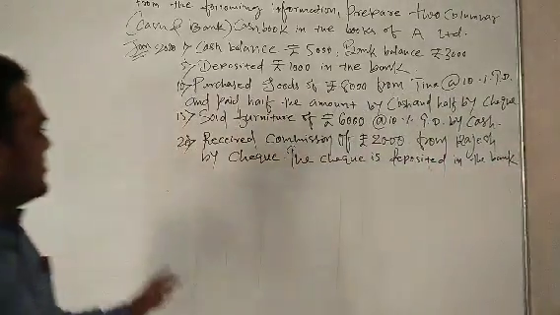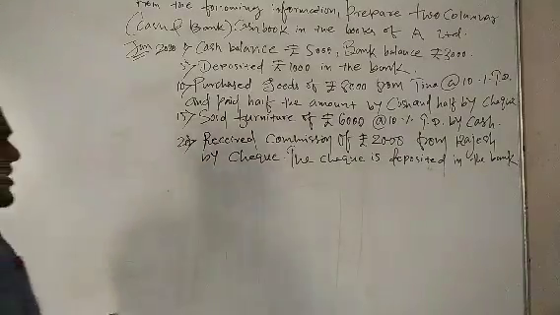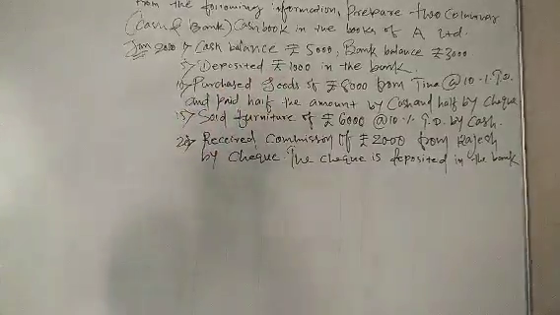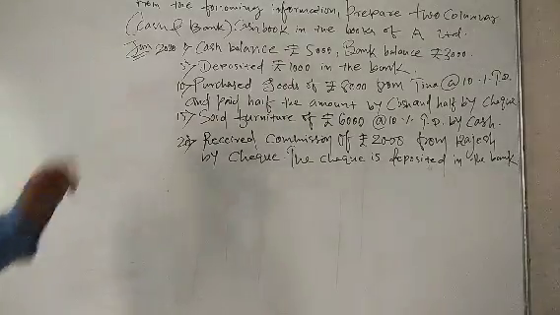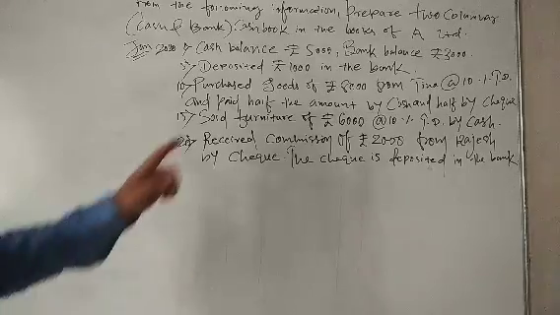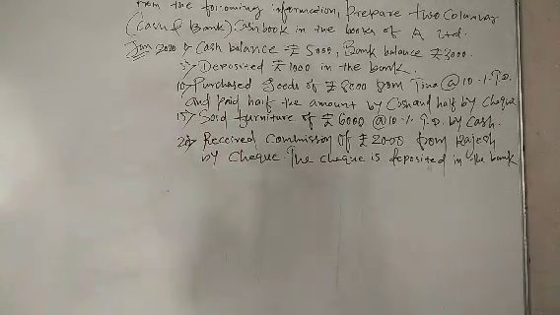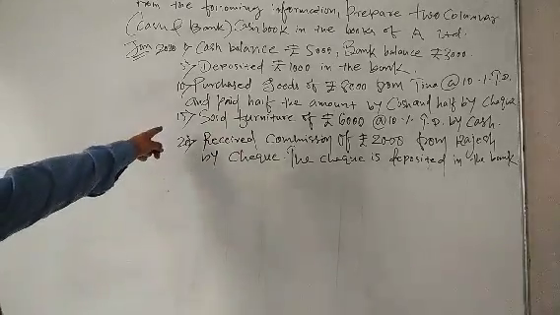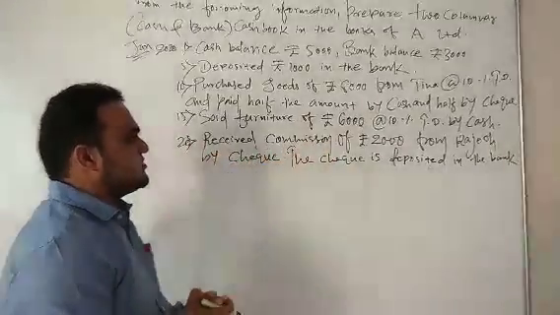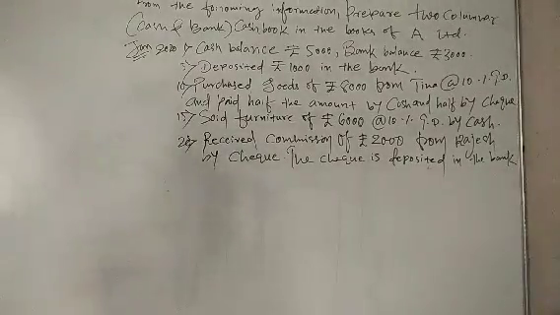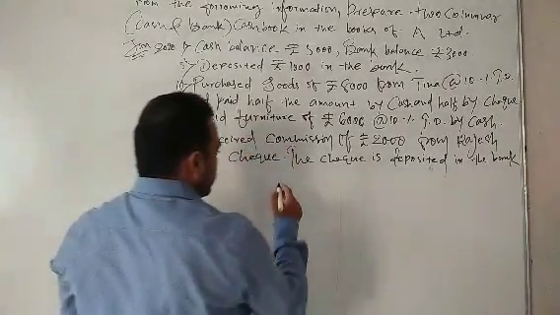Students, this is only the first sum, so I am taking only this much transaction right now. Cash balance 5,000, bank balance 3,000, first transaction. Second, deposited 1,000 in the bank. Third one, purchased goods of 8,000 from Tina at 10% trade discount and paid half the amount by cash and half by check. Next, the fourth one, sold furniture of 6,000 at 10% trade discount by cash. And the last one, received commission of 2,000 from Rajesh by check, and the check is deposited in the bank. Students, my humble request, copy the same question, but better I will do the solution right now, then you can copy the whole question.